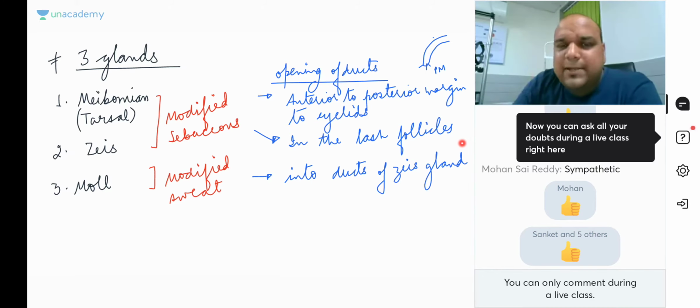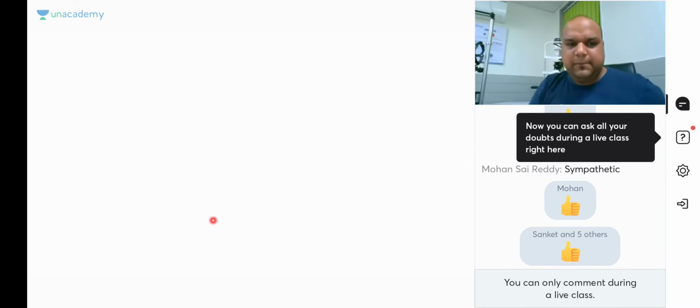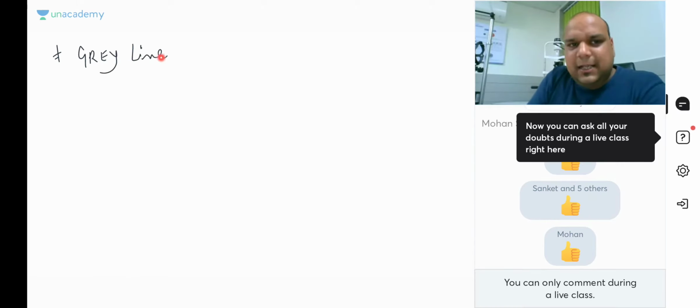I will be using all these points when I explain the pathologies of the eyelids. Now, there is something called the gray line in the eyelids. What is the gray line, everybody? Please remember this. This is a surgical landmark for us. The gray line divides the eyelid